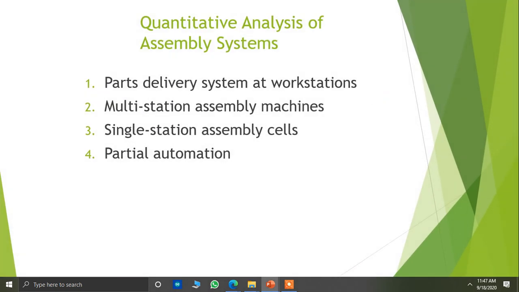What quantitative analysis will you be looking for in the assembly system? Part delivery is the primary thing. Second is multi-station assembly machines. Third is single station assembly cells, and partial automation. All these components are suitable for quantitative analysis, but